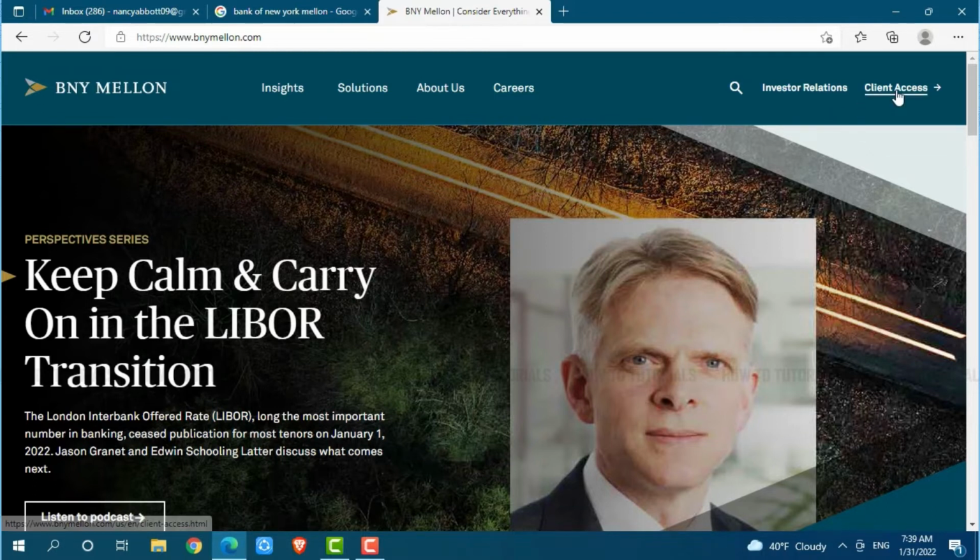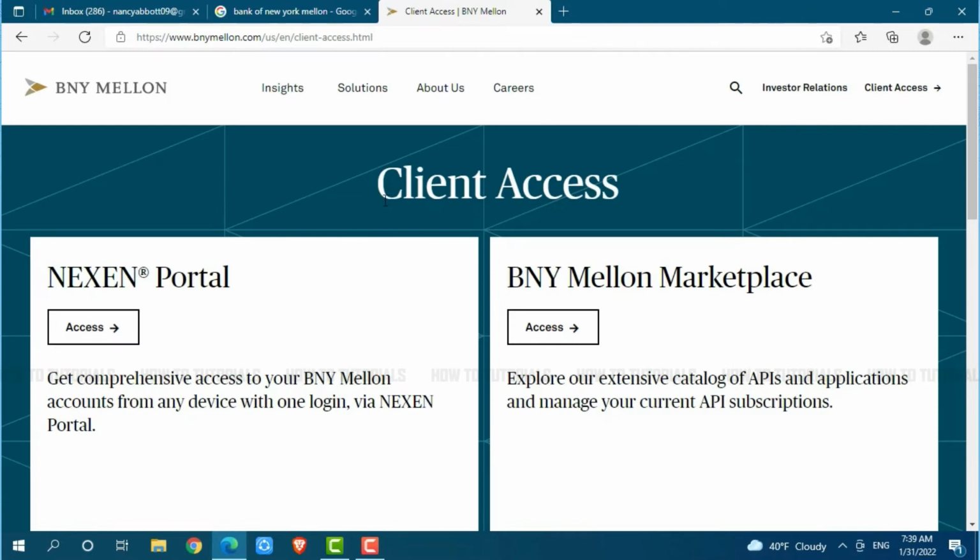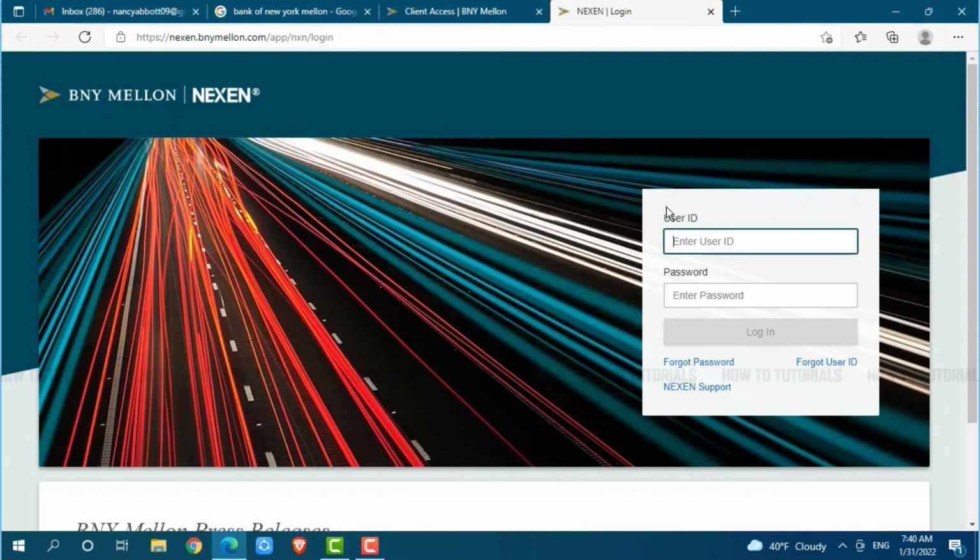You click on it. Here at the client access you need to go with next in portal. You click on access over there. You will see a login form page where you need to provide your user ID and password. Then click on login where you will get directly logged in into your online banking account of Bank of New York Mellon. As we are going to recover our password and user ID, you need to click on the link